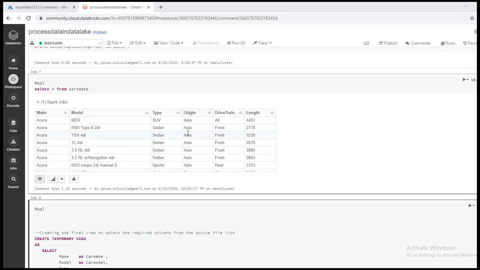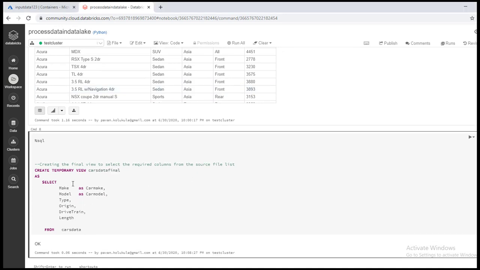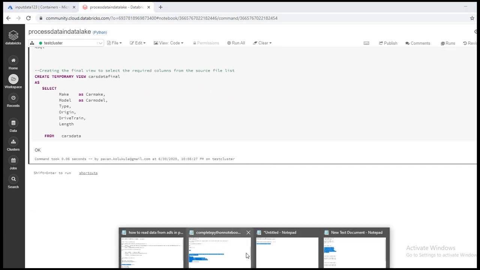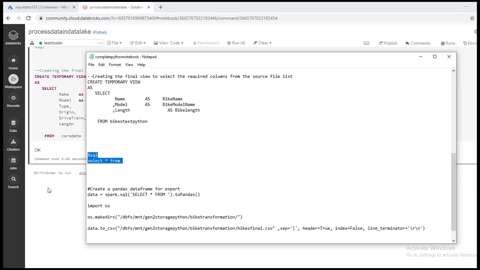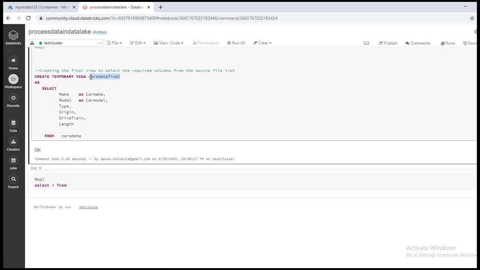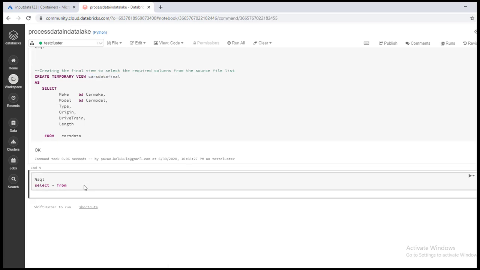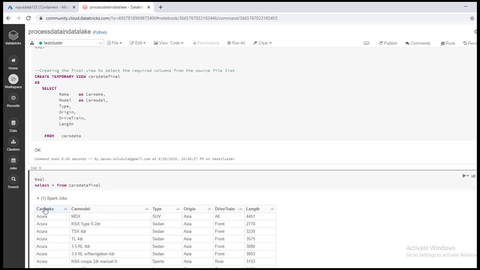Now in order to process the data, we'll try to rename the column names. The first two column names we'll rename. A temporary view is created which will store the data with modified column names. You can see the names of the columns are changed here.